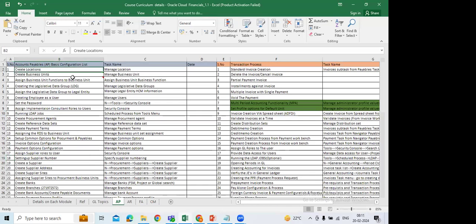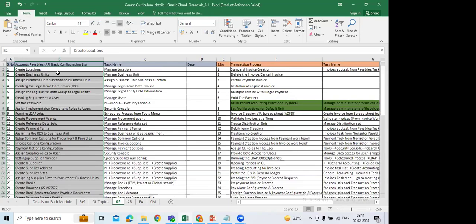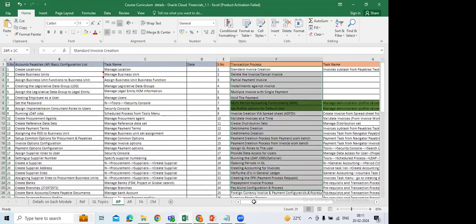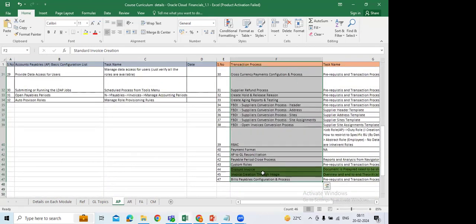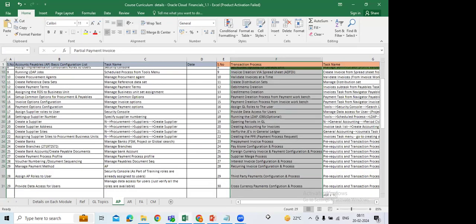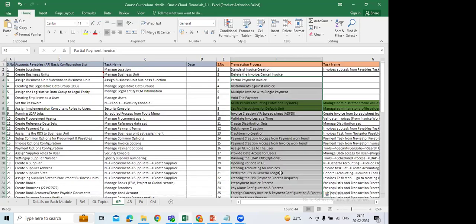What are the common configurations for accounts payable? Each and every activity we are going to show you, as well as the transaction process. If you see in accounts payable, how many topics are there? It's something like 47. There may be some 100 topics that may be needed client to client, but this would be the generic usage and generic functionalities that can be used irrespective of any client.